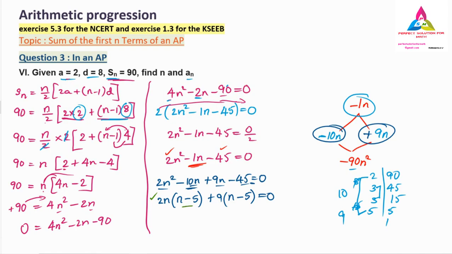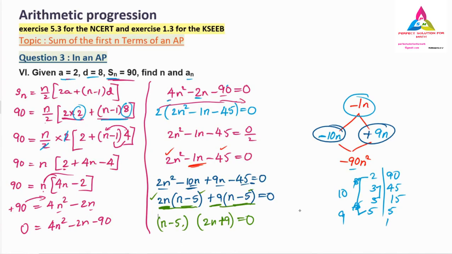And one more thing: if you have n minus 5 here, the same term must come here. If you got something different, it means you have done something wrong. That you have to remember. Now n minus 5 is one whole term, and this is one more whole term. n minus 5 is here and here also, so I can write down n minus 5 on the one side, and what is left over is 2n, and here what is left is plus 9, that is equals to 0. So n minus 5 is on both sides, so I have taken n minus 5 common, and left is 2n plus 9 is equals to 0.